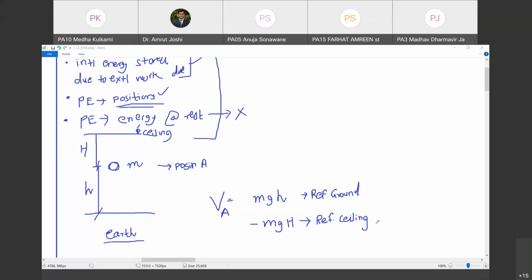So the potential energy associated with the object has not only changed in magnitude, it has also changed in sign. Do you agree with me? Yes, sir. First of all, tell me, what do you mean by positive and negative sign to energy? Energy is energy. How do we assign sign to it? Are you with me? Yes, sir.